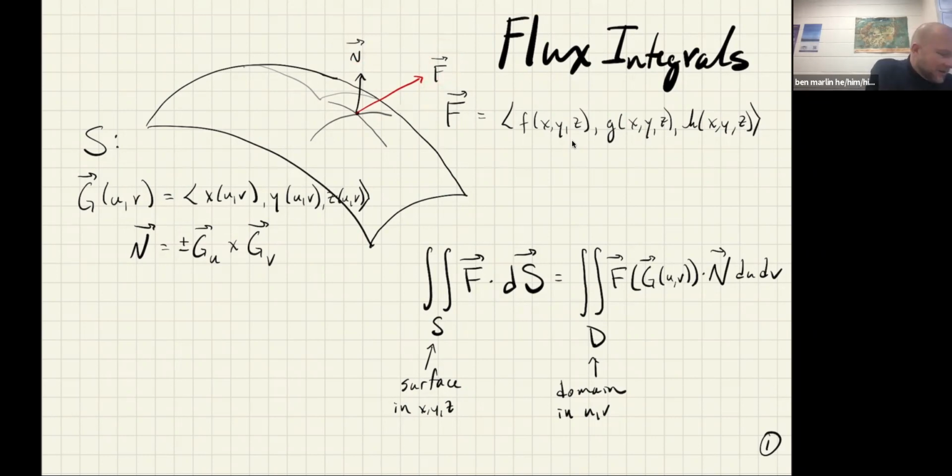So when you figure out your n vector, it needs to point in a particular direction, and you get it by doing your g sub u cross your g sub v. But then if your directions say that a particular way is the orientation of the surface, then you need to take a look at your g sub u, g sub v, and visualize it in order to see, is it pointing the right direction? So typically with this, it'll have something like the positive z direction, the negative y direction,